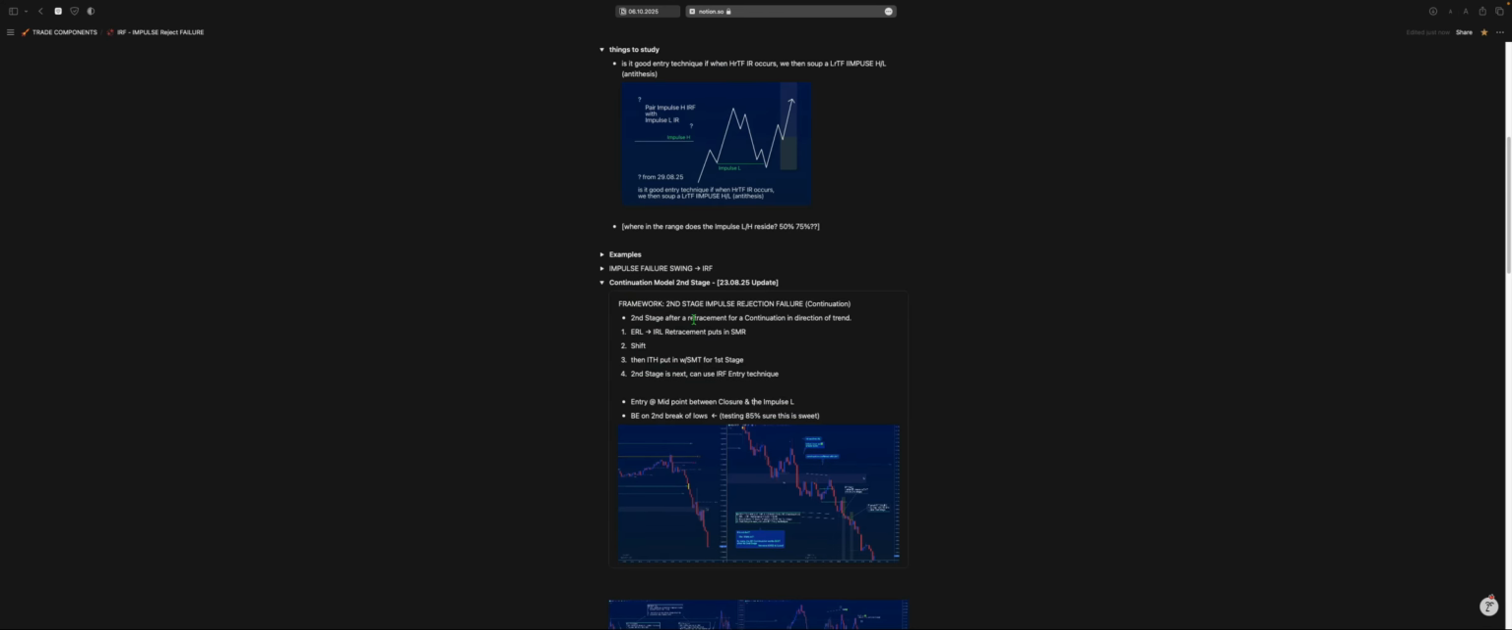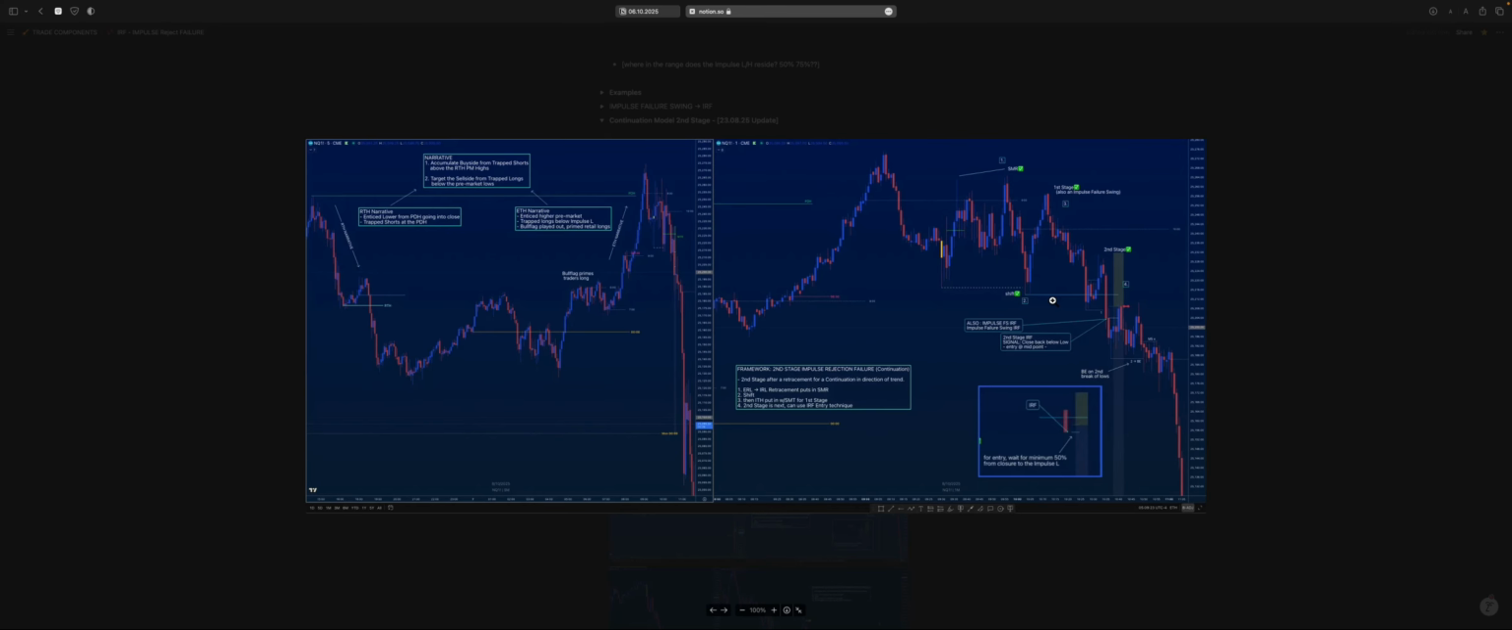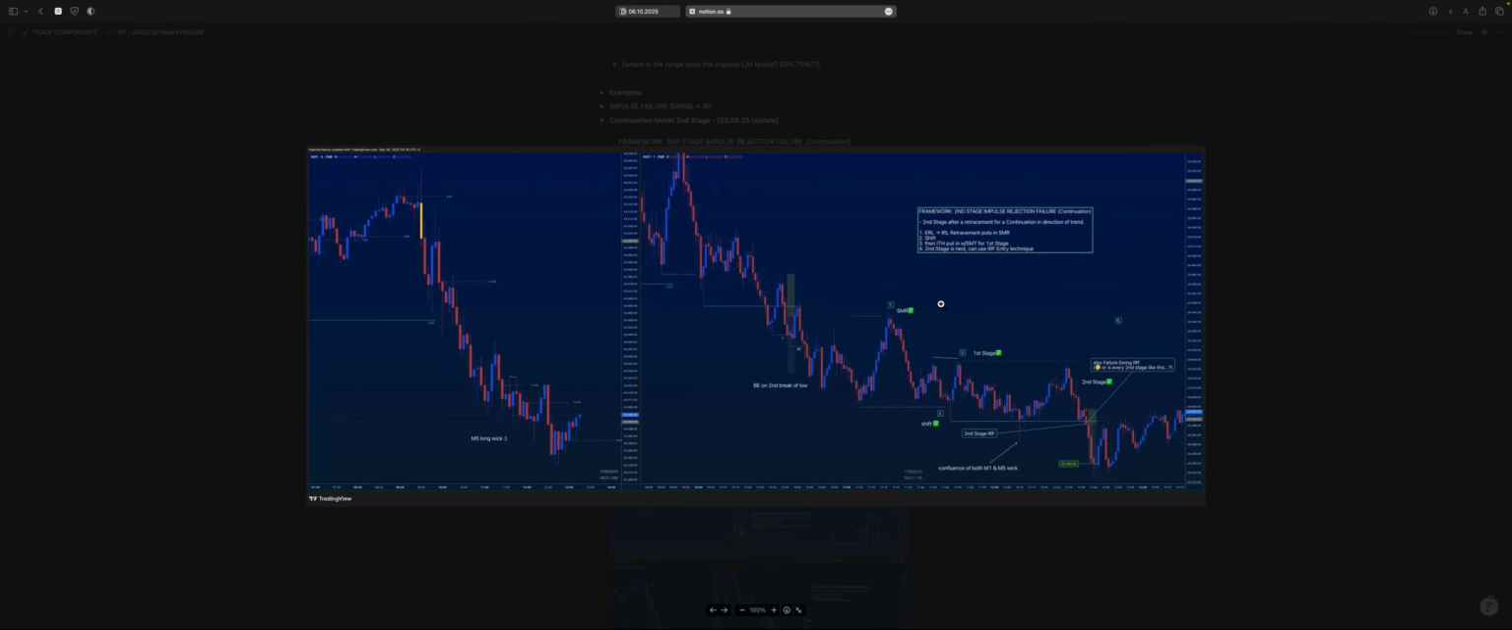And continuation model second stage. This is today's one right there. Yesterday's one that I just broke down. We then have another example here where we have